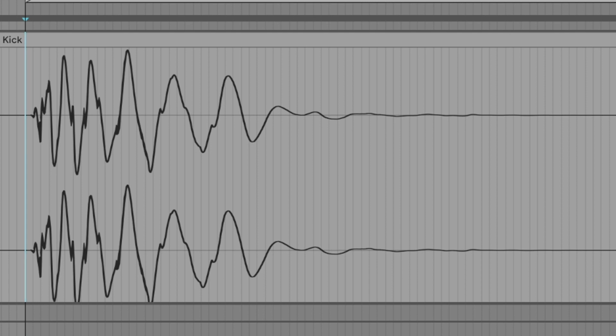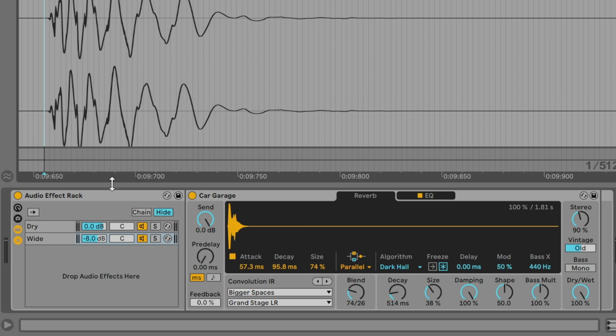This is the kick. I browsed through the sample library for a few minutes looking for something that sounded like the original song. Then once I found something that I liked, I used the frequency shifter to tune it to the key of the song. By the way, I showed this technique in the last video in case you want to check. It's in the cards. This is not something I usually do, but I added a reverb in parallel to create some sense of space.